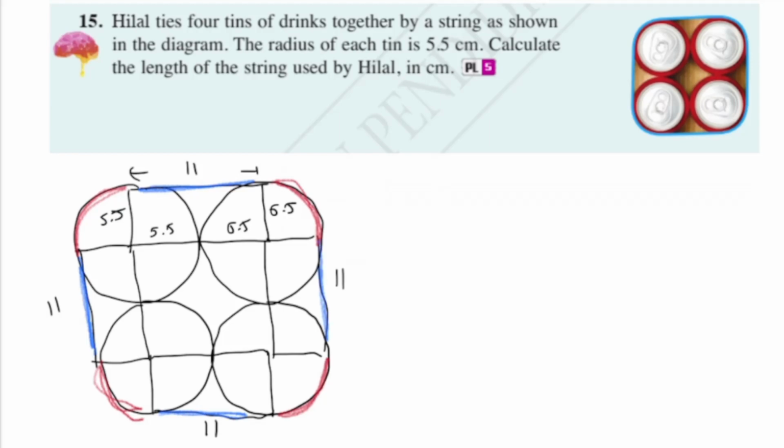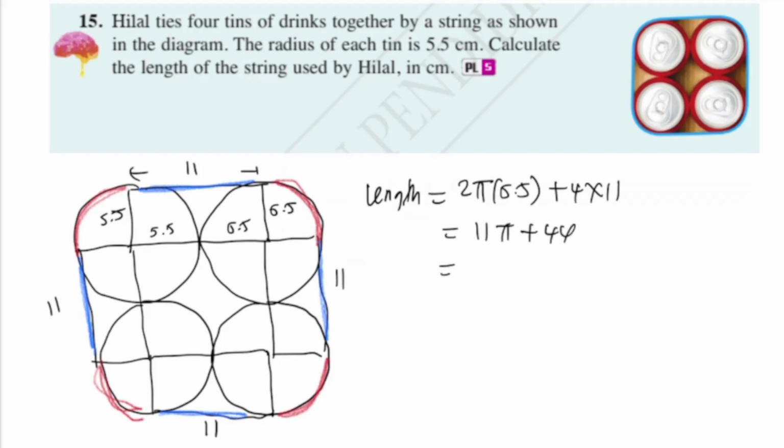Right. So we say the length of the string that you need is the length of one circle, which is 2 pi r, plus 4 times 11. Oh, it's actually 11 pi plus 44. You can use your calculator with 3.142. Please use 3.142. You should get